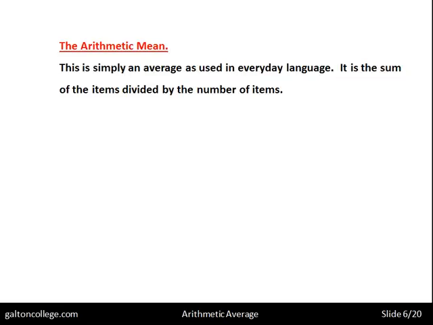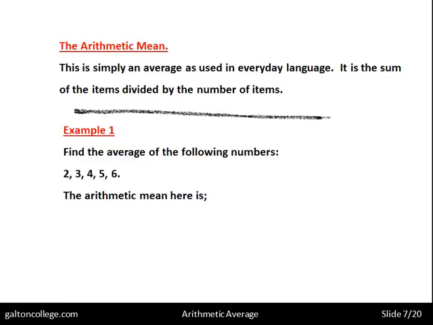So the arithmetic mean, well, this is simply an average as used in everyday language. It's the sum of the items divided by the number of items. And that's how we work it out. We add up all of the information, add it all up, and then we divide out by the number that goes to make up that total. For example,